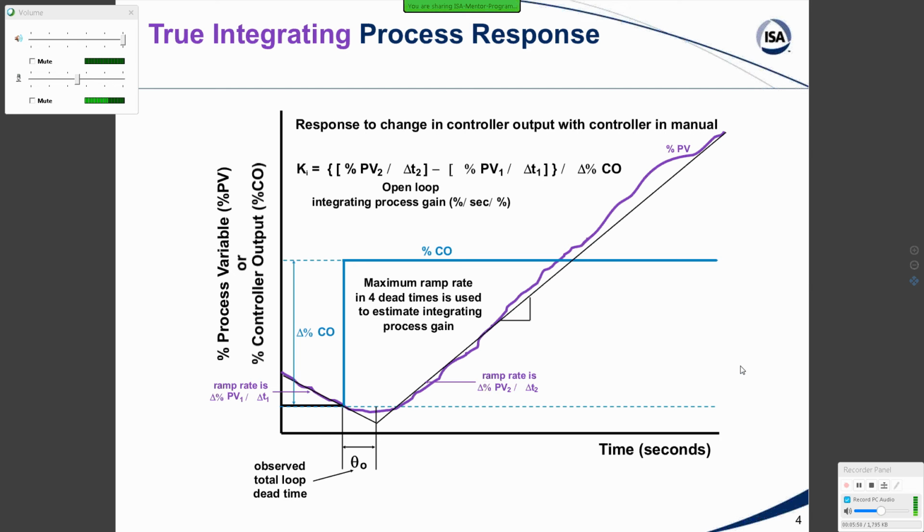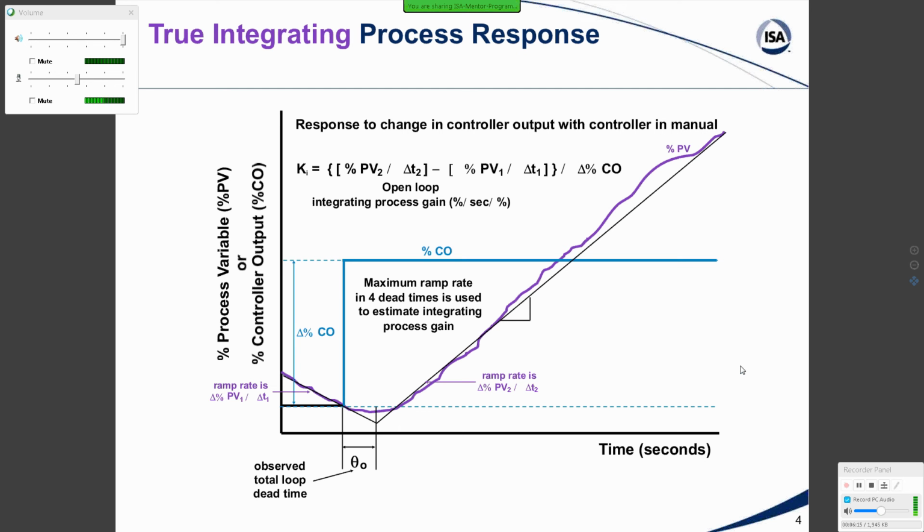Notice that everything here is in percent because that's what the controller PID algorithm works in. And so it's very important, if you do any estimation of these dynamics, that you get the right units. And for the integrating process gain here, it's percent per second per percent. And what they do in the literature is cancel out the percent, so they just say the integrating process gain